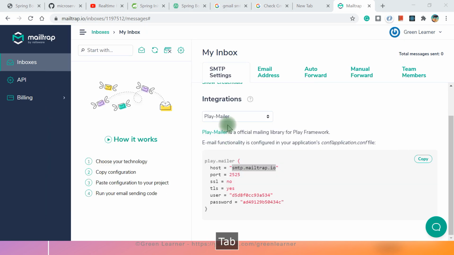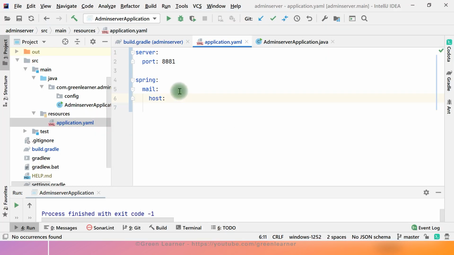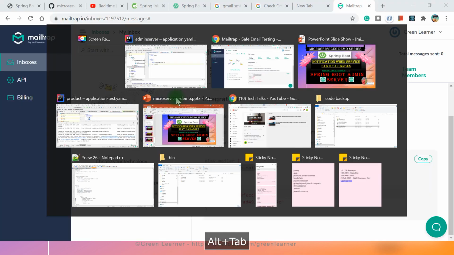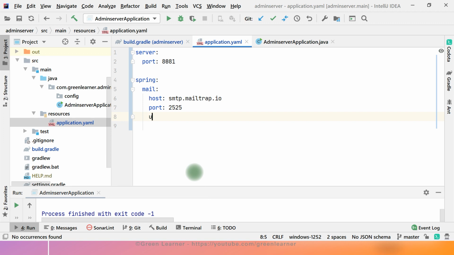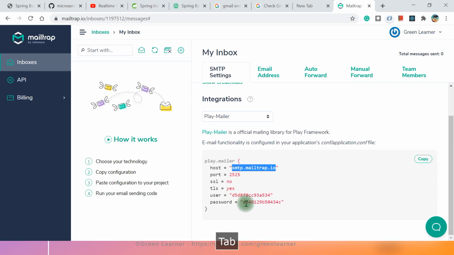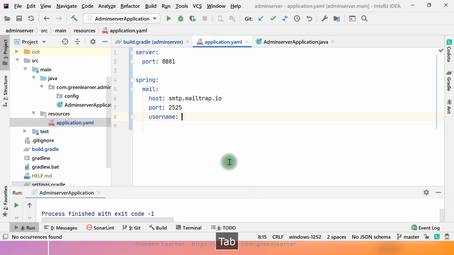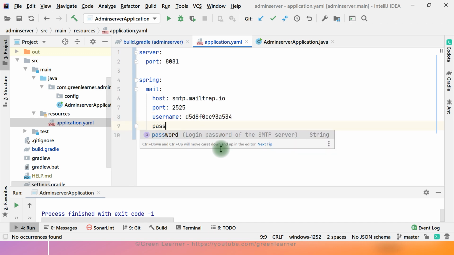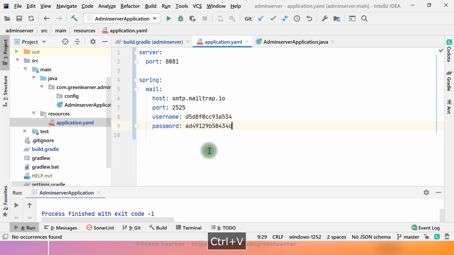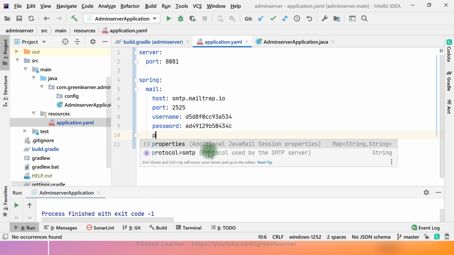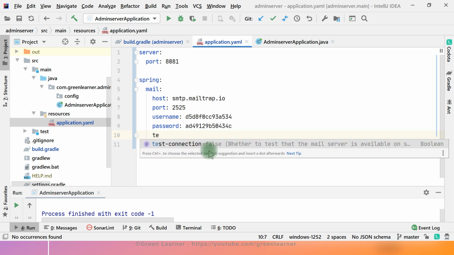For host I have to give this, port 2525, username, password, and the next thing is test connection.